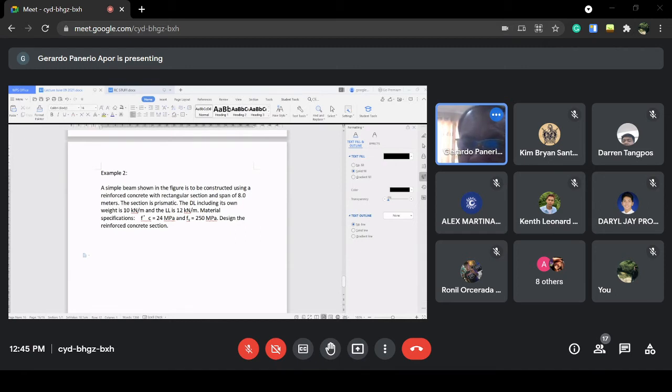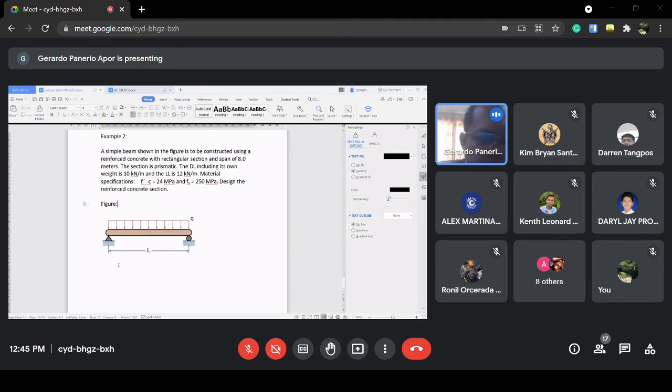Okay. Simple beam. So, this is the figure. Okay? Figure. Okay, so, now, the load here, WU is equal to,